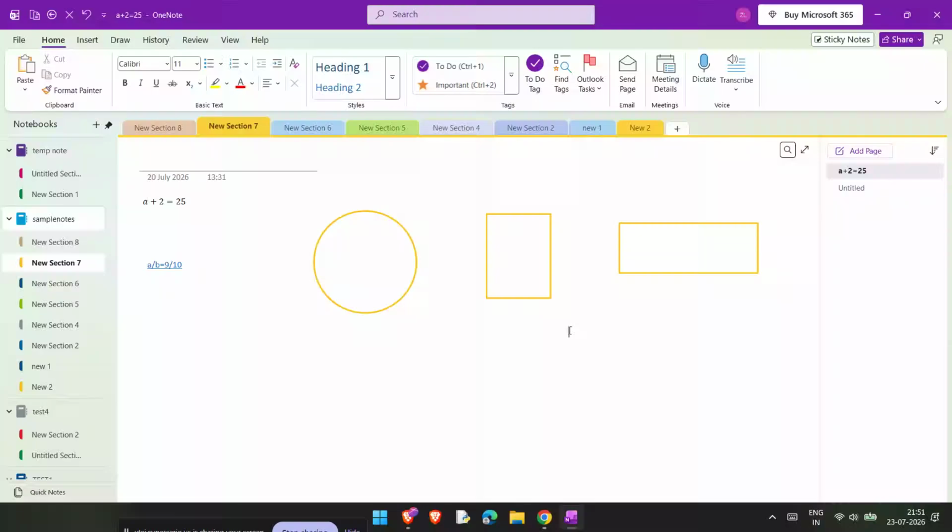If OneNote is showing a saved offline error, don't worry. In this video, I'll show you a quick way to fix it and get your notes syncing again. This is a super common issue, especially when the desktop app gets stuck trying to connect to the cloud. The good news is that in many cases, you can force OneNote to re-establish the connection in just a couple